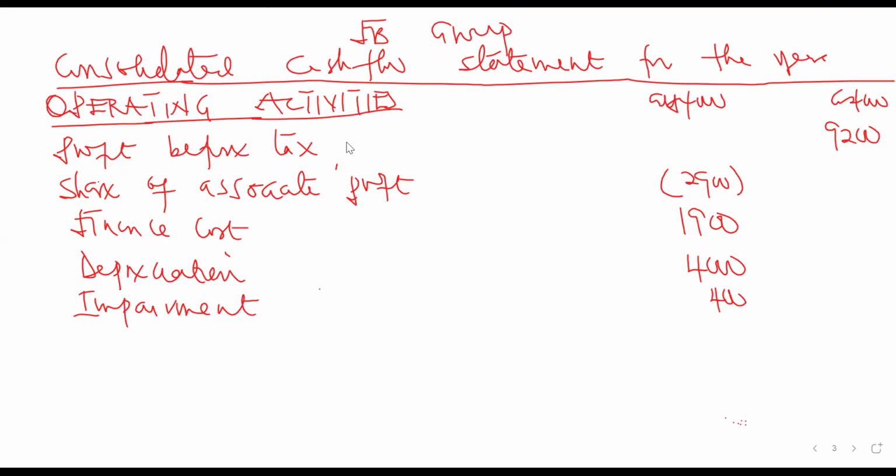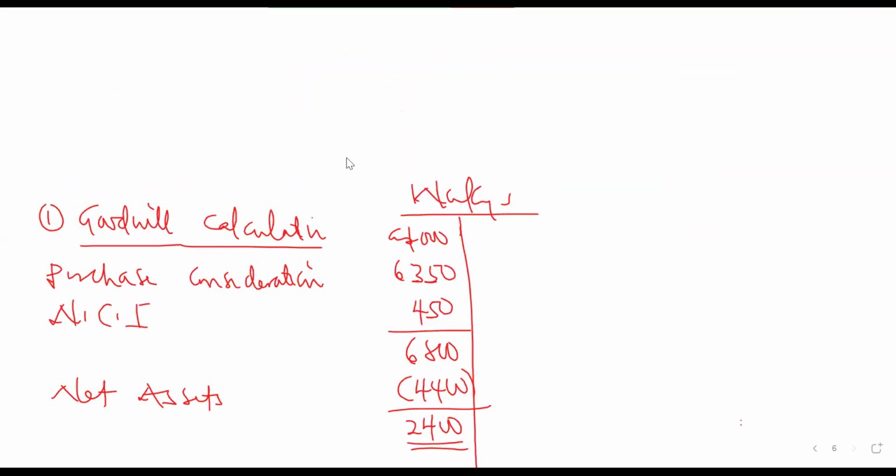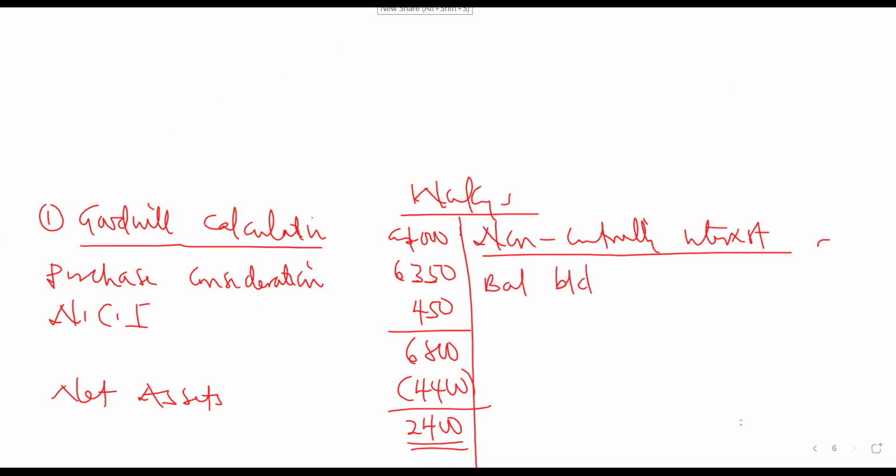Okay, so since we have the NCI figure, let's reconcile the NCI. Let's come to the non-controlling interest. So you ask yourself, the addition to the NCI for 2020 is 450. But what is the balance for our NCI? You look for your opening balance for the NCI. That will be